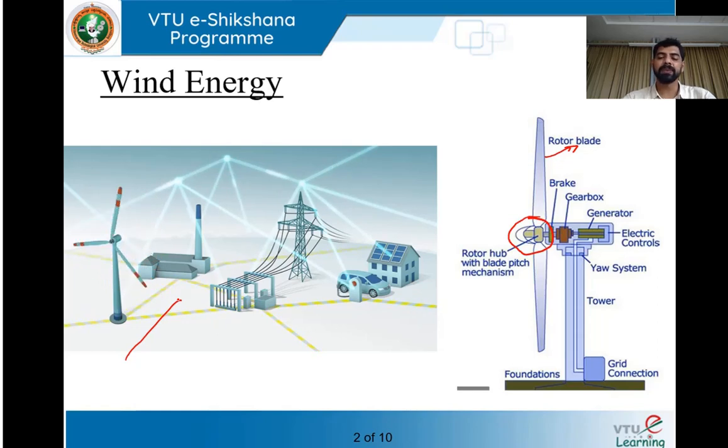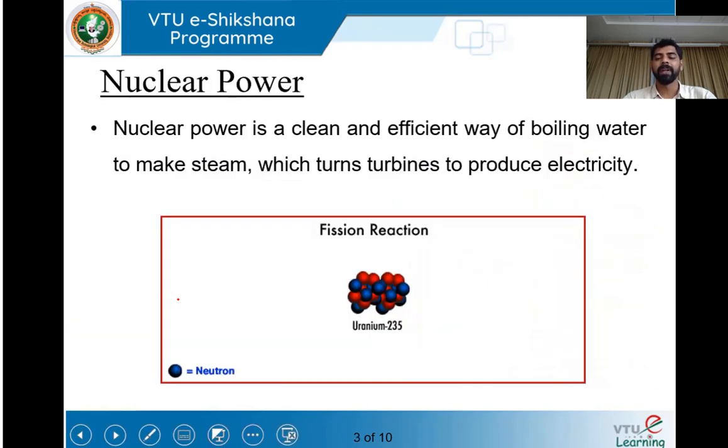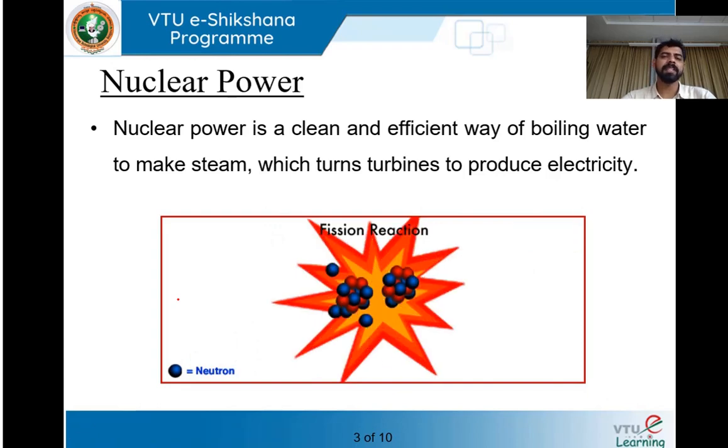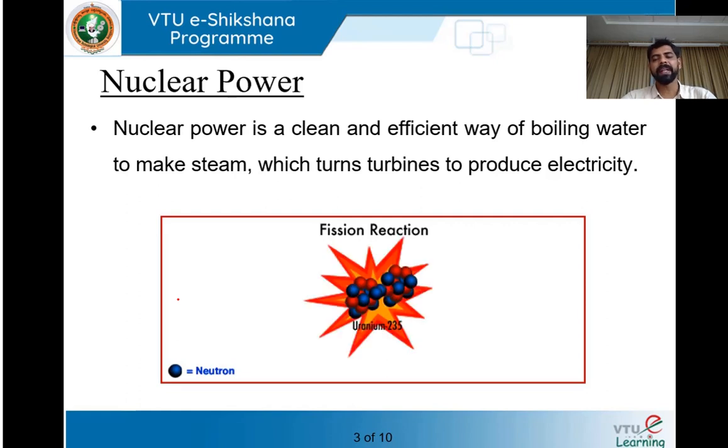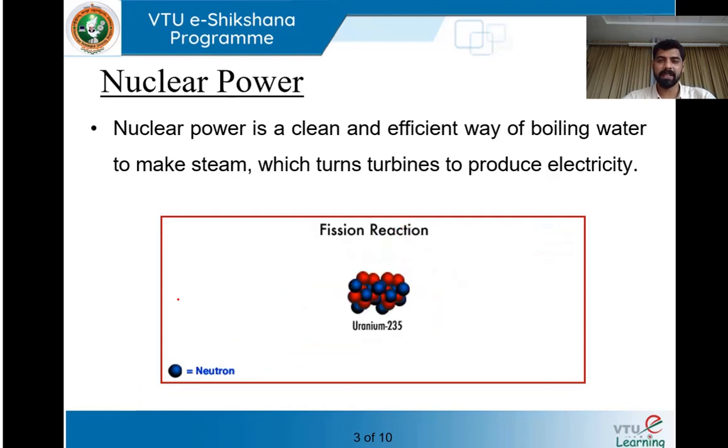Okay, so this is one of the energy sources that we can trap and convert into mechanical and in turn into electrical energy. Moving on, the next energy conversion process is nuclear power. Nuclear fuels, as you know, are naturally available in the earth's crust, like uranium. So why can't we make use of this uranium? Normally, nuclear fuels have to undergo a reaction process.